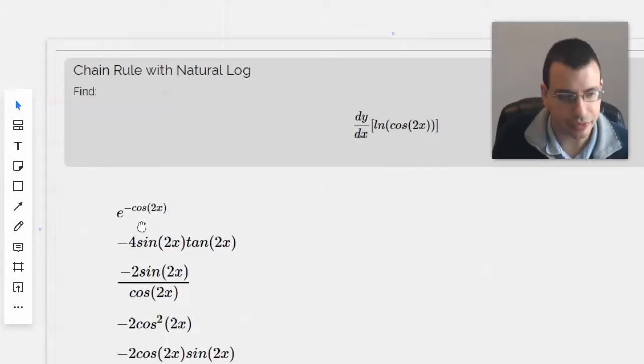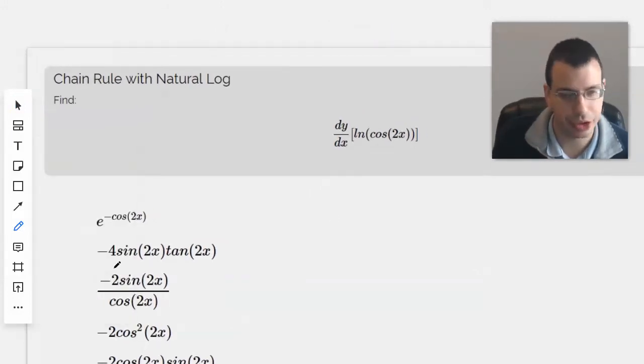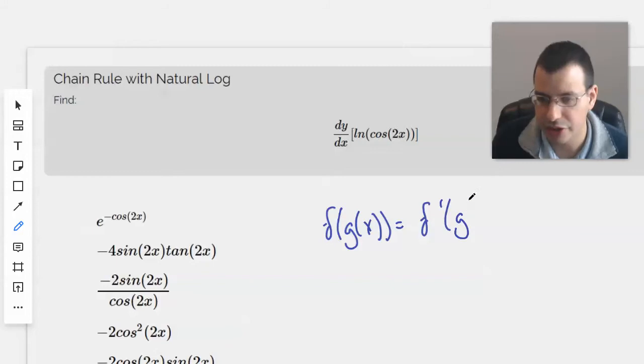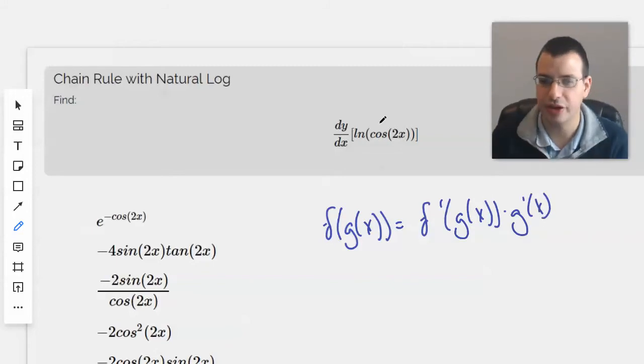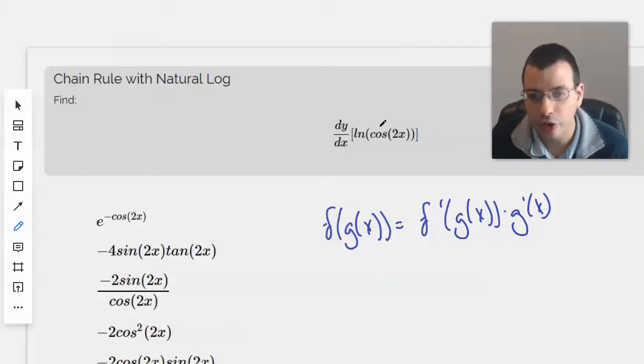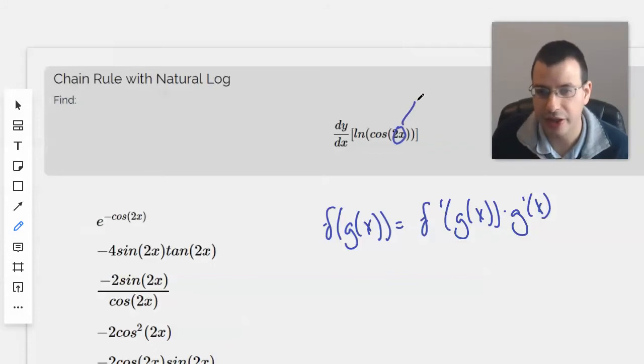Okay, so the idea with the chain rule: f of g of x, prime, equals f prime of g of x times g prime of x. So the idea is we take the derivative of the outside and we multiply it by the derivative of the inside. So we're going to start by saying that that is u, just to make life a little bit simpler. So the outside here, in this case, would be f of x equals natural log of x,